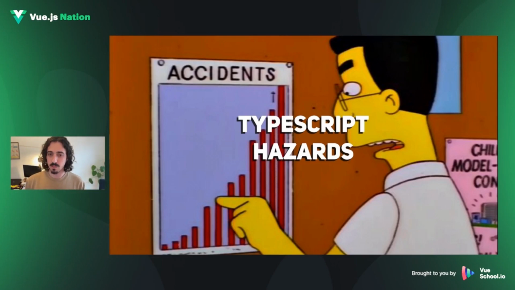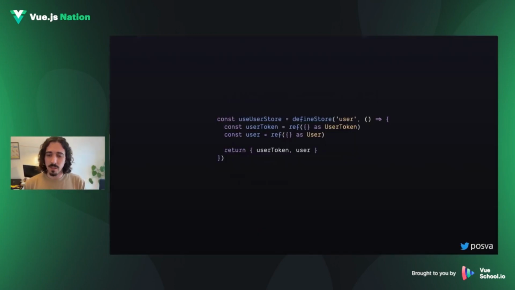Now, Pinia should be about type safety and making writing code easier for the end user, not harder, and definitely not create problems down the line. So something I've seen very often, I just saw it today again on Discord, is casting an empty object as something else. And you might be thinking, well,